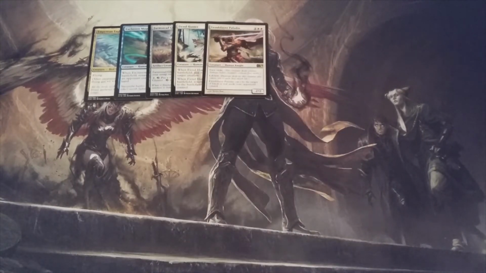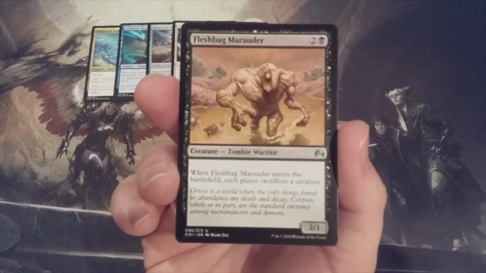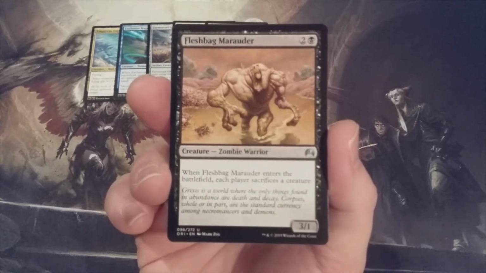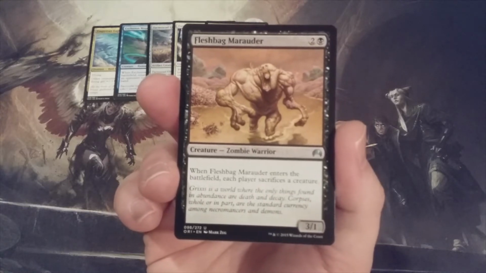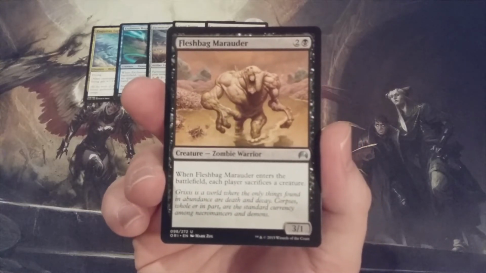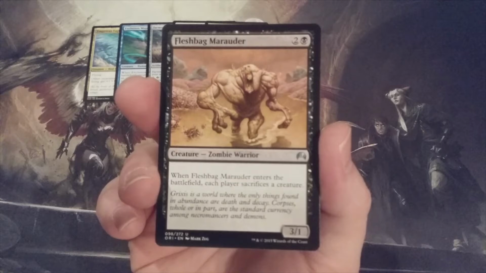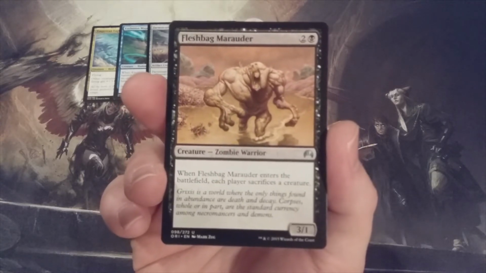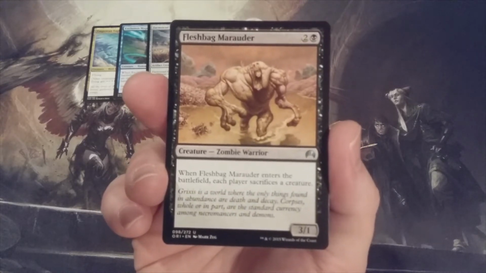Number 6, we're going mono black, and we're going Fleshbag Marauder, 3/1 zombie warrior. When it ETBs, each player sacrifices a creature. This could be one of the most highly coveted 3-drops in the entire cube, because removal is going to be a very, very scarce ability in a format that's just all creatures. So any creature that can come in and whittle out other creatures is going to be highly prioritized, particularly because Fleshbag Marauder can just